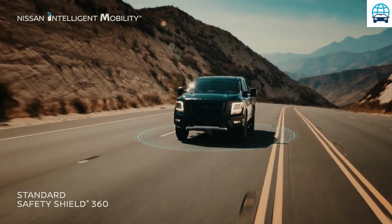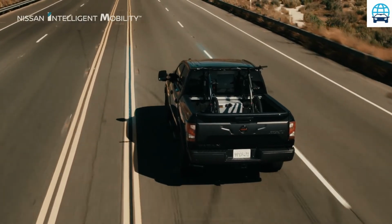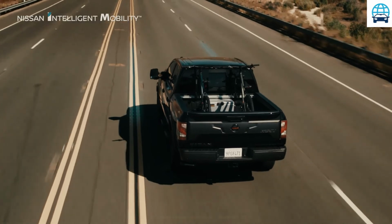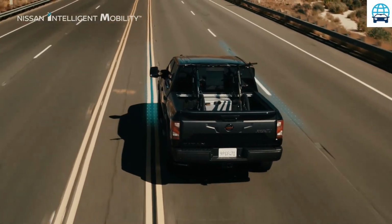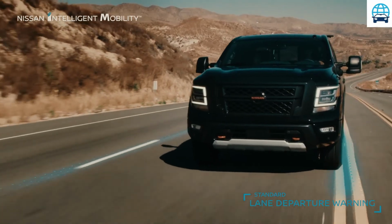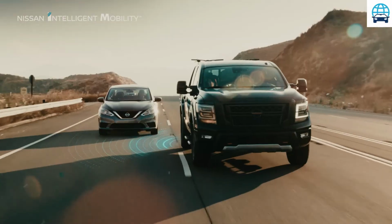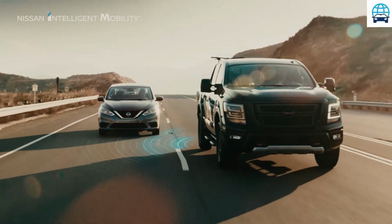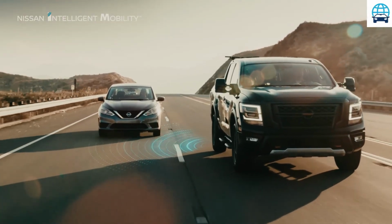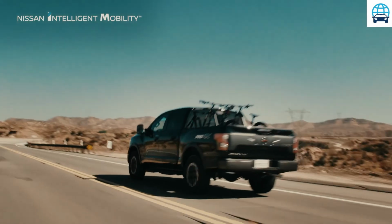Minor revisions include the former flagship SL trim going away, another pricey retirement that follows the departure of the Cummins diesel in 2020. The Pro 4X King Cab takes a hike as well, a crew cab the only option now. The big financial add-ons for the SV King Cab trims do come with more equipment, though, a Nissan spokesperson telling Cars Direct that the $2,440 convenience package is now standard equipment. That package includes gear such as a 9-inch touchscreen display, dual-zone automatic